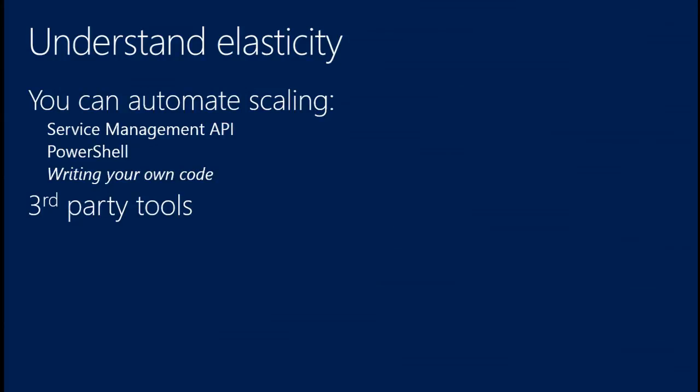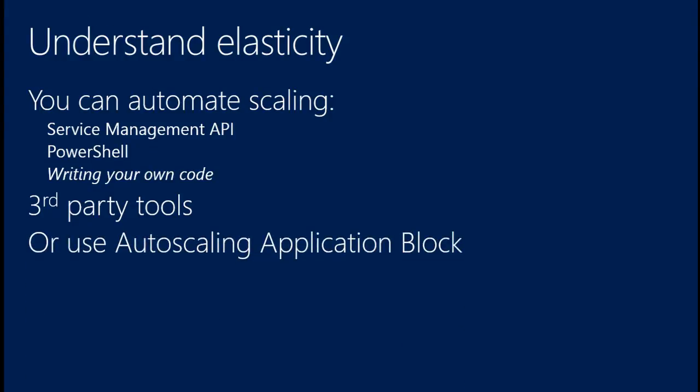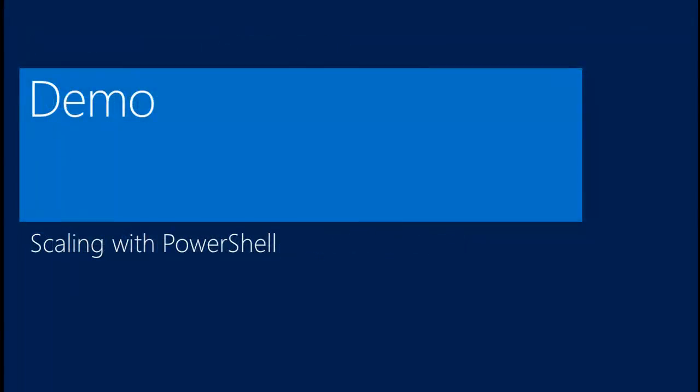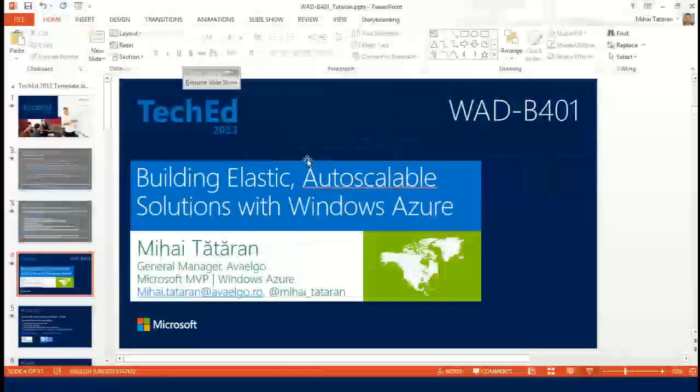Now, the best way, at least in my opinion, to achieve elasticity is using Autoscale application block. And why do I prefer it? Because it's very flexible. I still have to write some code, but it's like 5 lines of code. So I don't risk creating too many bugs in 5 lines of code. And it's very, very flexible for me. Now, before going into autoscaling application block, I just want to show you very fast how we can scale with PowerShell. Just a very simple example, very useful for you if you haven't